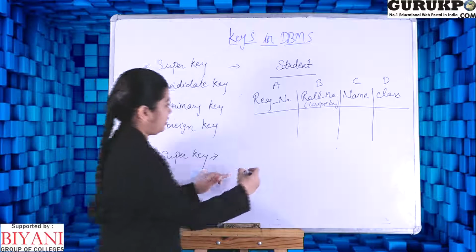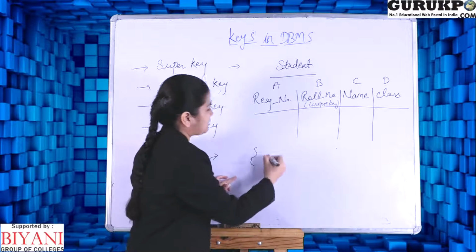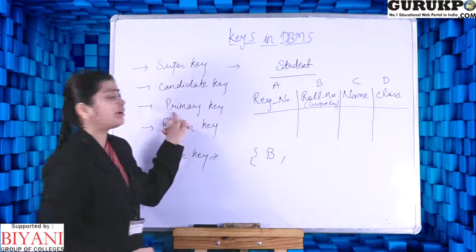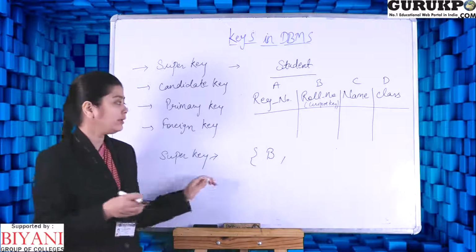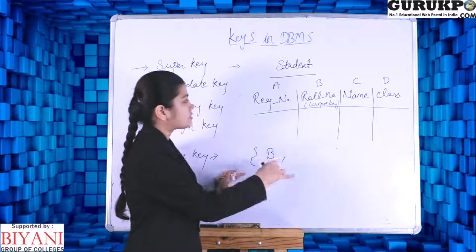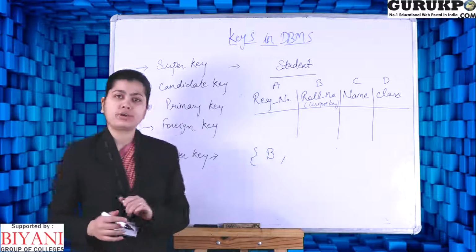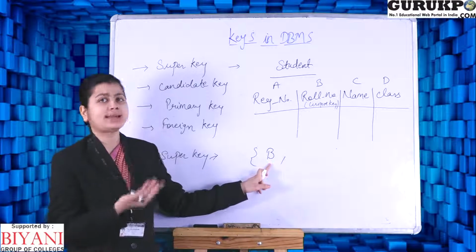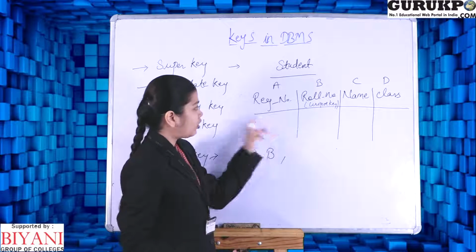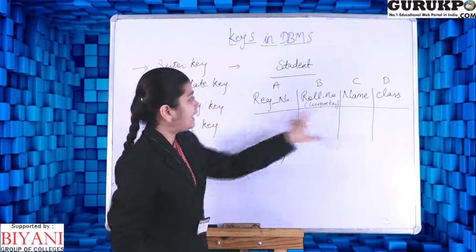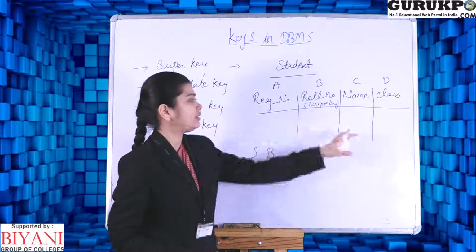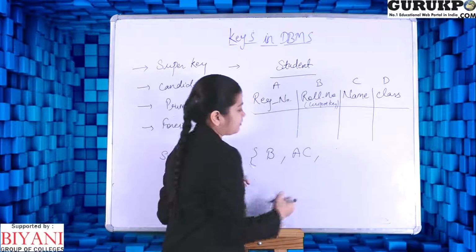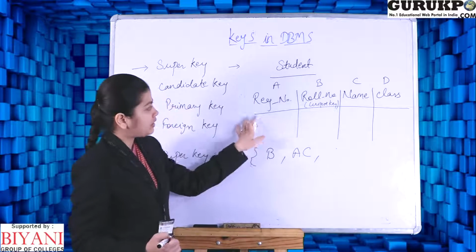So here if we take B as a primary key, the primary key is also considered in a candidate key, because primary key is a single key which can uniquely identify each and every record of our table. So we can take our primary key as a candidate key here, and also we can take A and C as a combination as a candidate key here. Then the next combination is A and D.